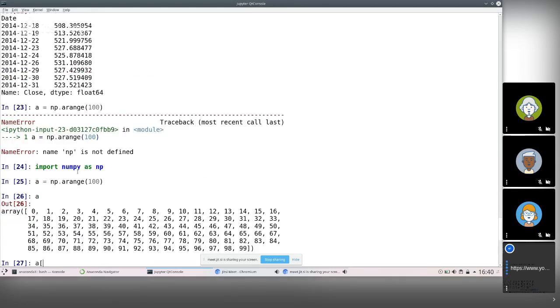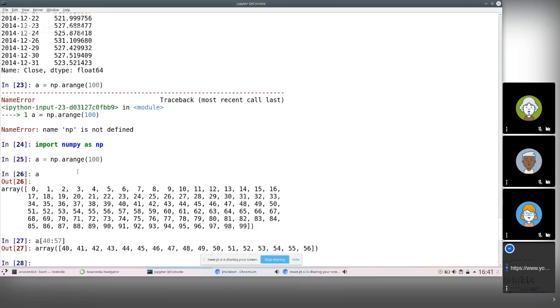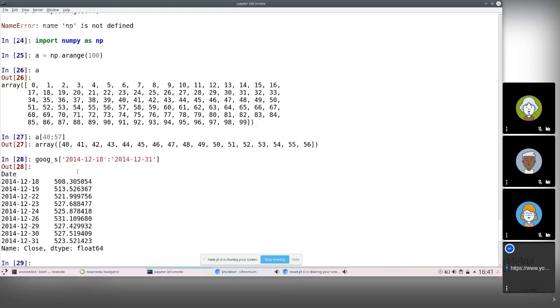Remember, if I asked for the interval 40 to 57, you will get from positions 40 to position 56 included, but not the 57. So it's open on the right. Okay? That, for some reason, is not the case with Pandas. It's closed on both ends of the range. So keep that in mind when you write